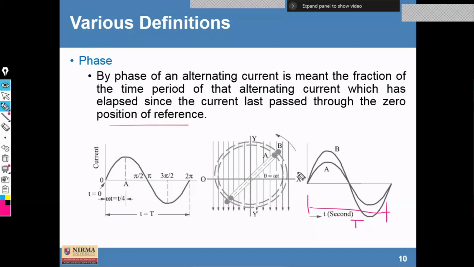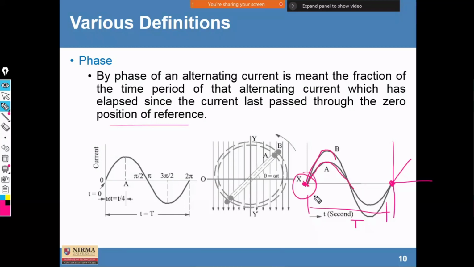So आप consider कर लो ये zero position of reference यहाँ पे हो गया. Suppose if another cycle starts, zero reference will start from here. Fine. So यहाँ से आपके कितने साइकिल और कितने मैग्नीट्यूड वाले साइकिल पास हो रहे हैं at the same time. Fine. So the meaning is both the quantities are in phase with each other. In that condition, the quantities may be a current or a voltage. Fine. But there is no phase difference here between these two.